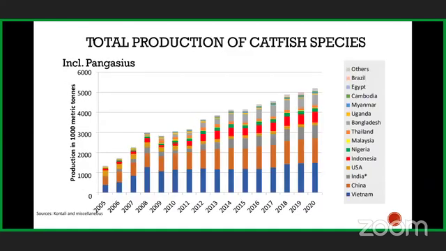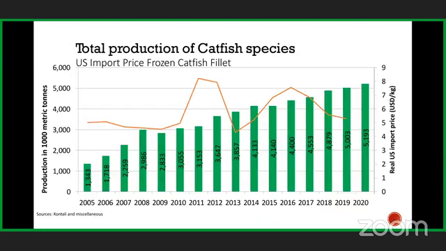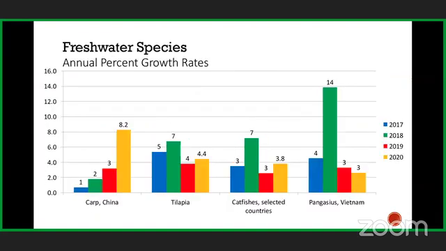So overall, this is what we can see about Pangasius in catfish production. I'll skip some of these slides. Here you can see the annual percentage growth rates from the last 4 to 5 years, where China became dominant in carp as always. India has also emerged as the second largest fish producer. For tilapia, it's around 4 to 5% annual growth. For catfishes, there are selected countries like Vietnam and the US. For Pangasius, significantly higher production was noticed in Vietnam,